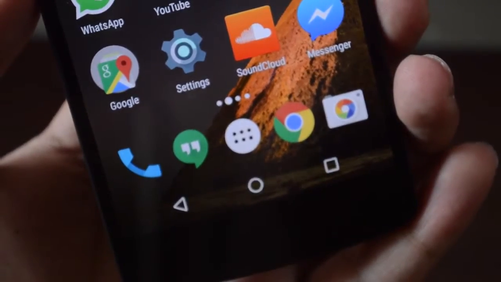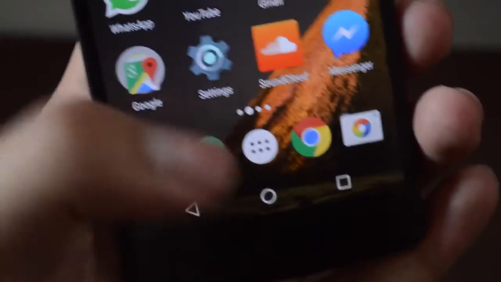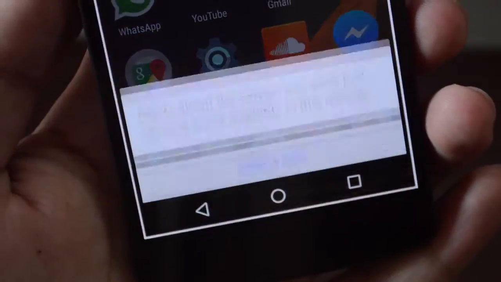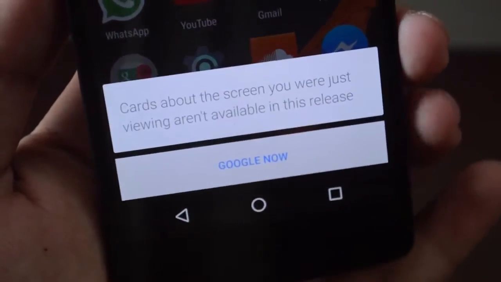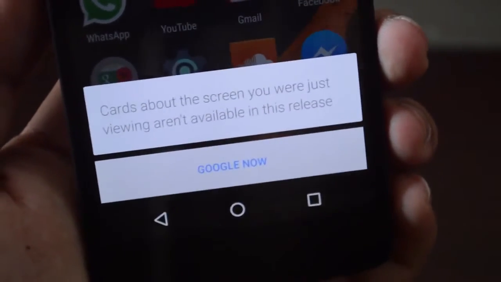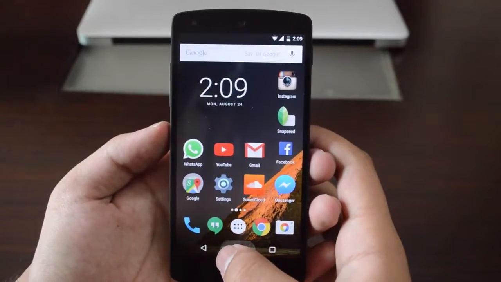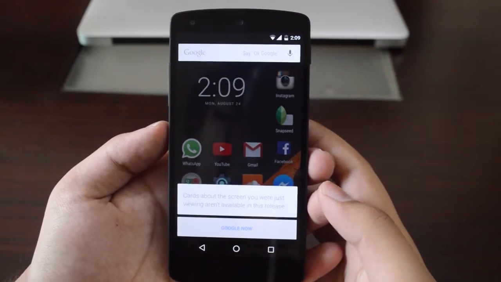Let's take a look at all the new Android Marshmallow features. The very first major feature of Android M is Now on Tap. What is Now on Tap? We'll talk about that in a bit. But first of all, Android Marshmallow Developer Preview 3 actually gives you a different animation. When you activate this, it gives you very nice white border lines that go all the way around the